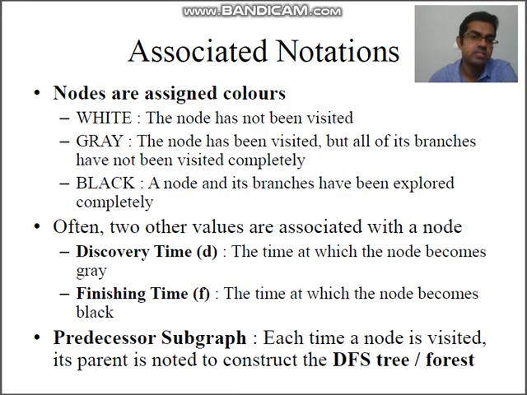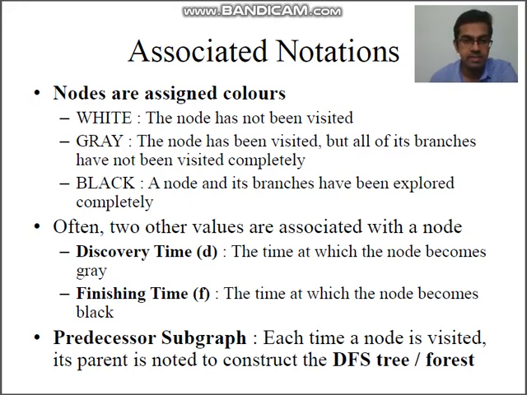There are certain notations associated with the DFS algorithm. Every node in the graph is assigned a color which changes as the algorithm progresses. If a node is white, it means that the node has not yet been visited by the algorithm. If a node is gray, it means that the node has been visited, but all of its branches have not yet been visited. If a node is black, it means that the node, as well as all of its branches,